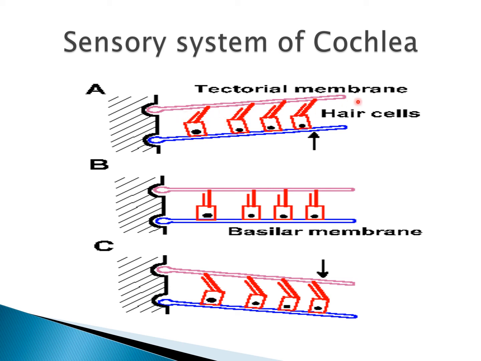If the movement is towards the kinocilia, it will lead to depolarization. It will depolarize the cells and lead to the generation of the electrical impulse. While the movement of the cilia away from the kinocilia, in the opposite direction, develops a repolarization potential, that is, it stops generating the potential. So the shearing force between the cilia and the tectorial membrane is important for conversion of the mechanical energy into generation of an electrical impulse.